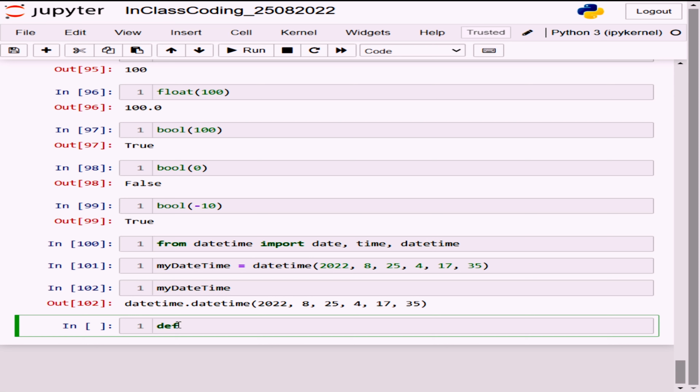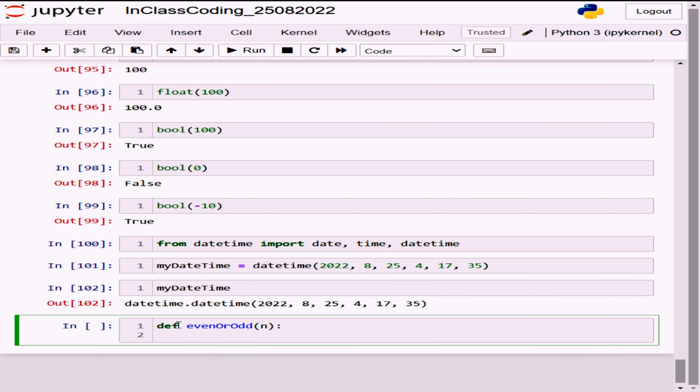Okay, if... this is a different approach, not the one which I used already. Def, I'm passing n to this. n is a number which I pass. It has to say even or odd. Okay, so if n percentage 2 equal to 0, that means